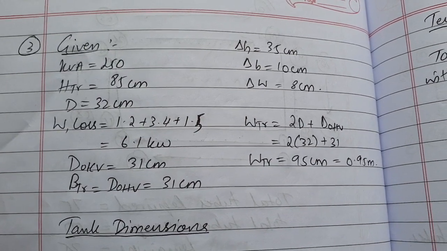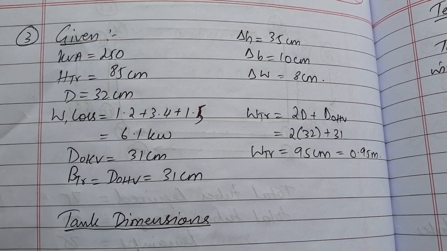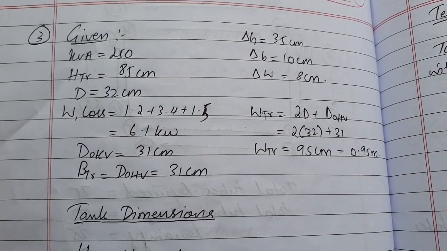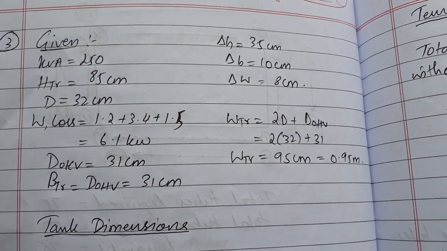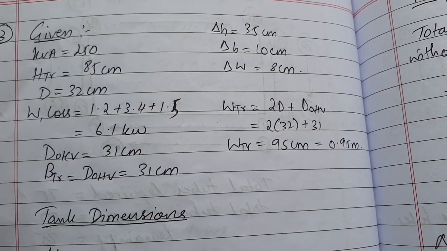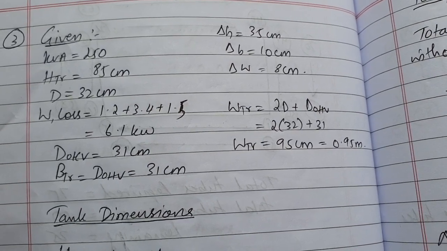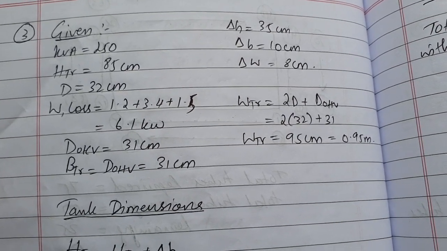kVA is 250. Height of transformer is given as 85 centimeter and capital D is 32 centimeter. Delta H is 35 centimeter, delta B is 10 centimeter, delta W is 8 centimeter. And the next,